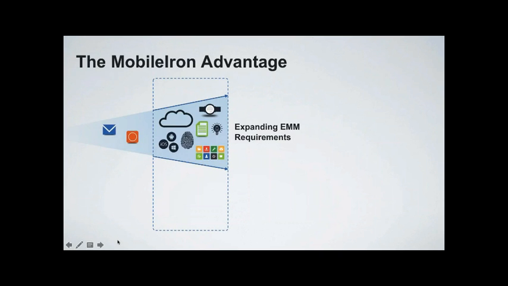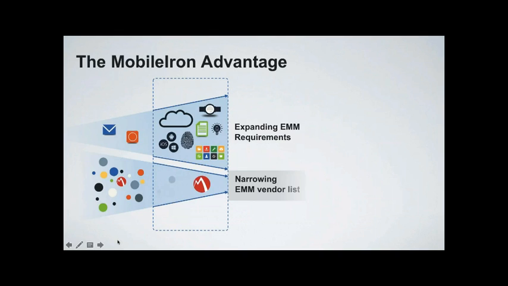There is an expanding set of EMM requirements for a number of organizations, hence the reason hopefully you're listening today. There is a requirement within your own organisations for EMM management, as that starts to diversify out of the four walls of an organisation and more into other people's lives, both at home and at work. But at the same time, there is a narrowing list of EMM vendors out there. If you go back through the Gartner quadrants over many years, the list of people being able to provide enterprise mobility management is getting smaller and more focused around the capabilities and what people can do.